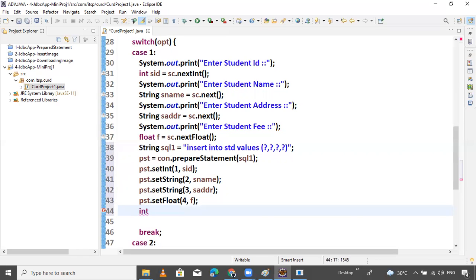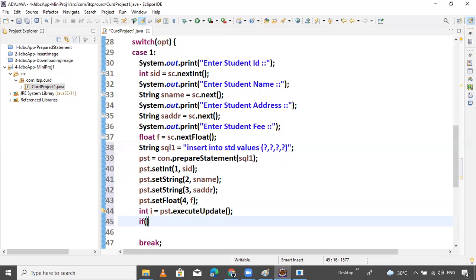So suppose I equals pst dot executeUpdate method. If I not equals 0, it means it has something.